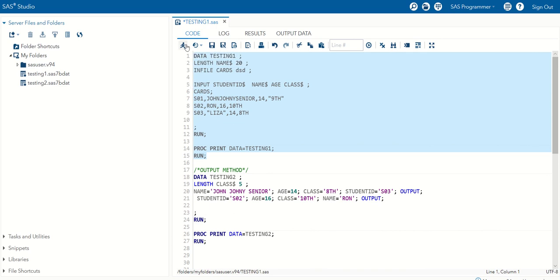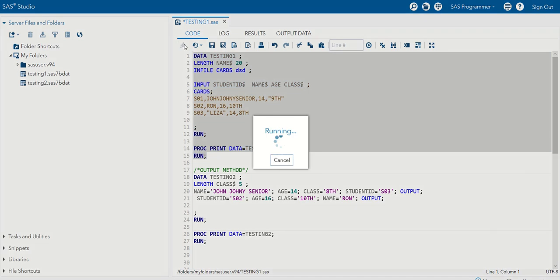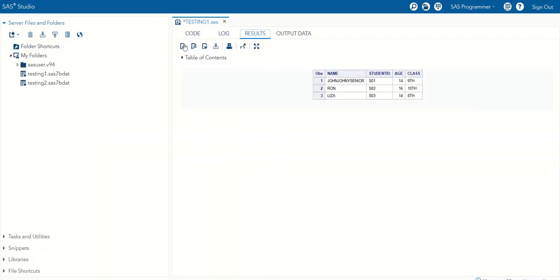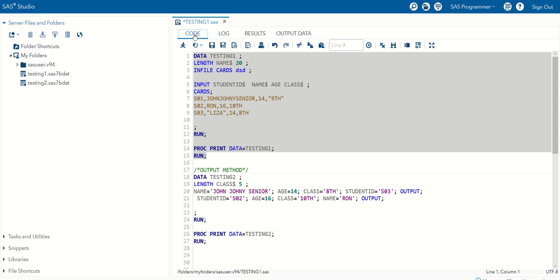When we do this, we can easily remove comma, single quote and double quote. But again, as I said, this can only be done if our delimiters are only comma, double quotes or single quote. That's it. Then only we can use DSD. Otherwise, for any other delimiter we'll have to use the DLM keyword. Thank you.